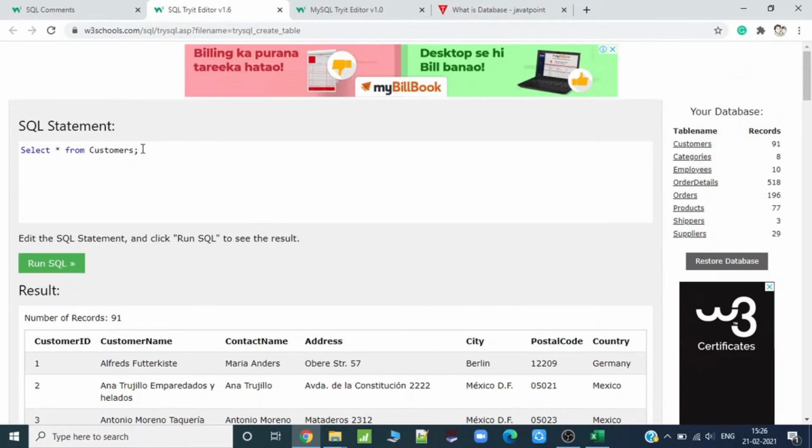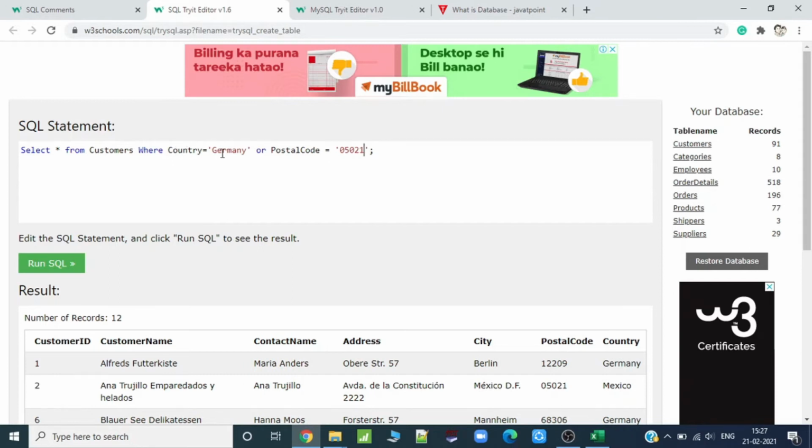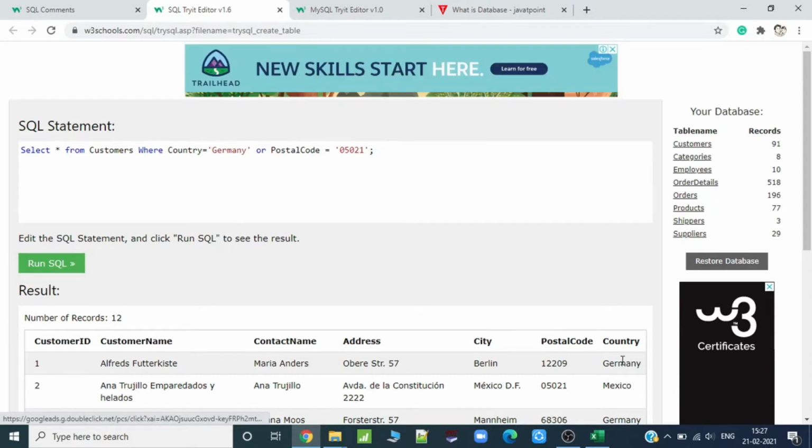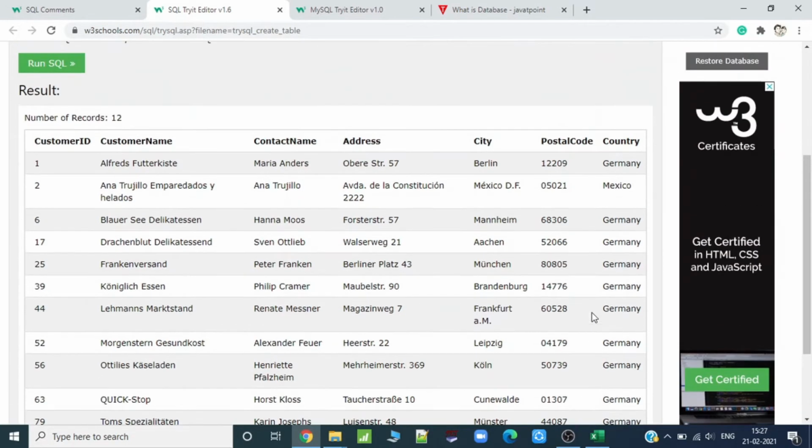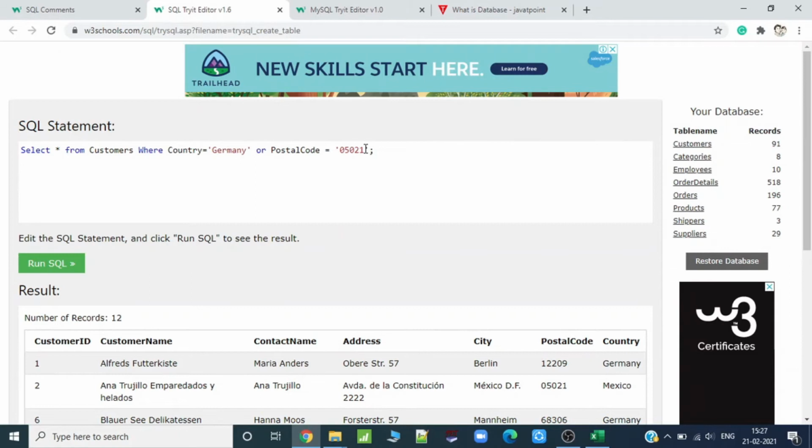So WHERE country equals Germany OR postal code equals 05021. If I run it, it will give me all the records when country is Germany or when the postal code is 05021. Right. Now I want all the records where country equals Germany or country equals Mexico.